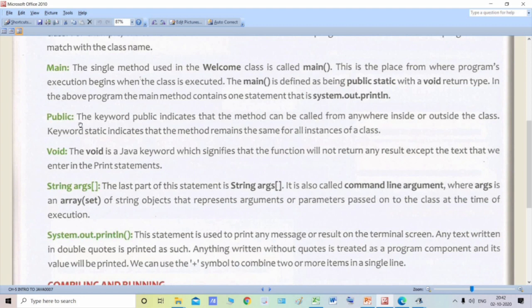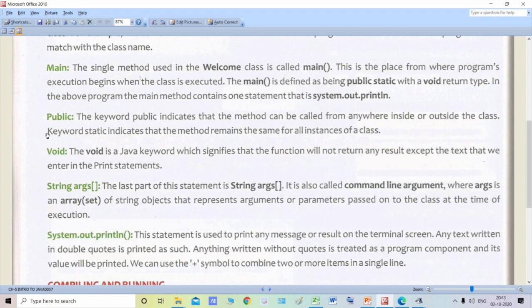Okay, so that your main method can be accessed or called from anywhere inside or outside, it is public, like a public park, which is open to everyone. It doesn't matter who goes over there. Even the prime minister can go into that public park, and you and I, who are normal people, can also go to the public park.